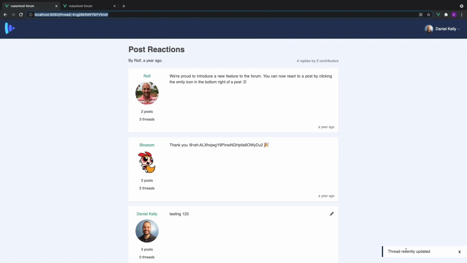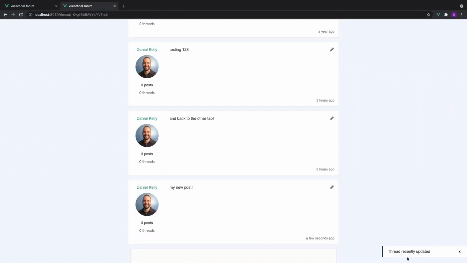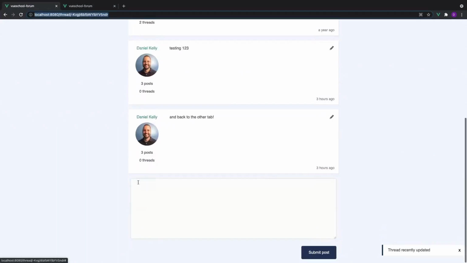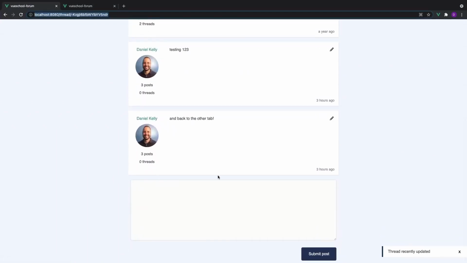Very cool. However, there are two things that are still an issue. First, the tab that we make the change in shouldn't really need the notification. And secondly, the other tab doesn't have the new post shown in the thread. Let's fix these one at a time.